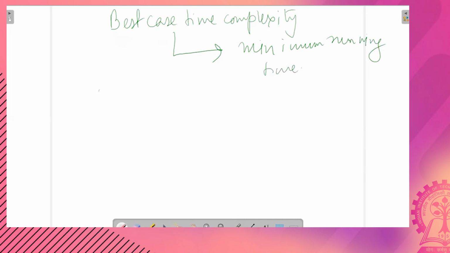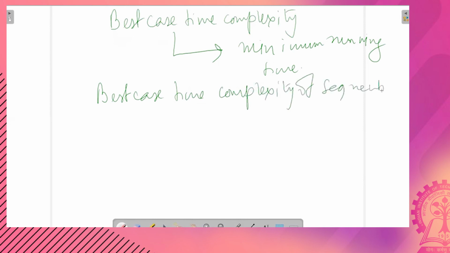Again, if we try to estimate the best case time complexity of sequential search, then it is very easy to find.